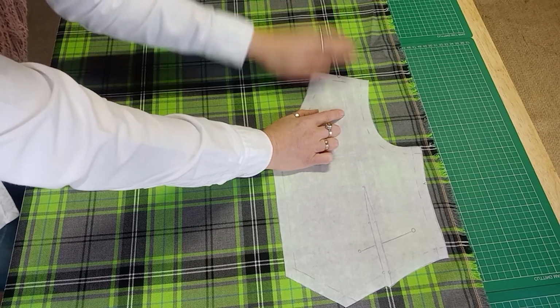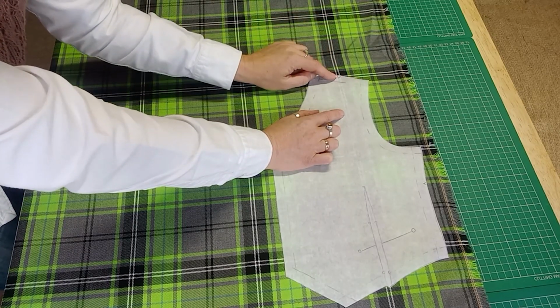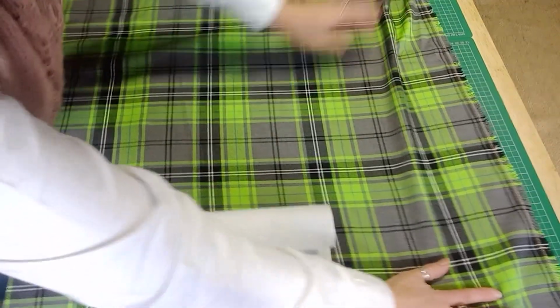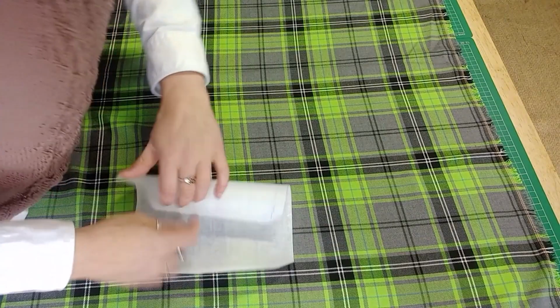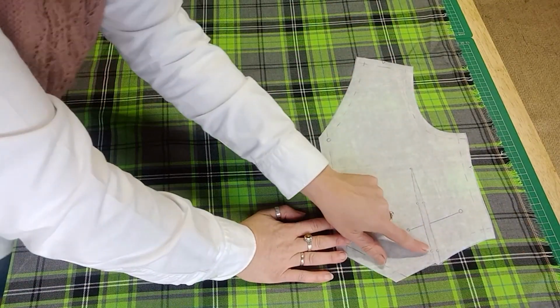So on this fabric, I could say that I would like that white line to hit the shoulder notch, so that when I do it on the other side and I flip it over, I can match the shoulder notch with the white line also. I've got something else to consider on this pattern, and so will you, which is that there's a